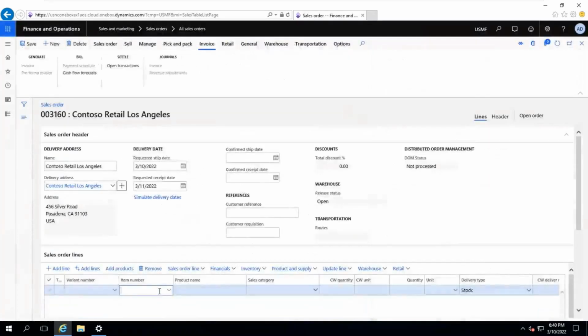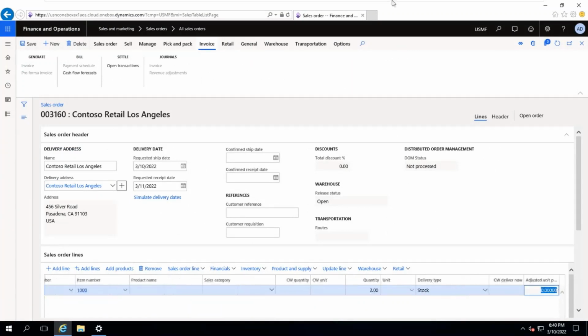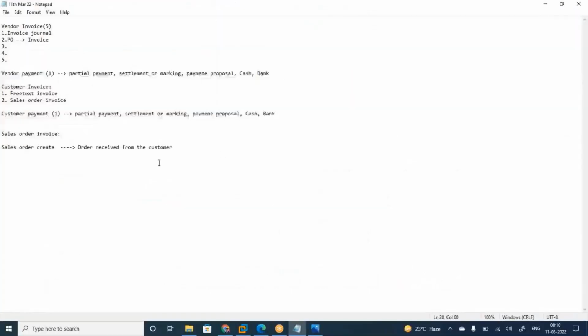So select the item, which item they want, and how many quantity they want. In olden days, the sales team would call over phone. They would write down the information in their note paper, and then update it in the